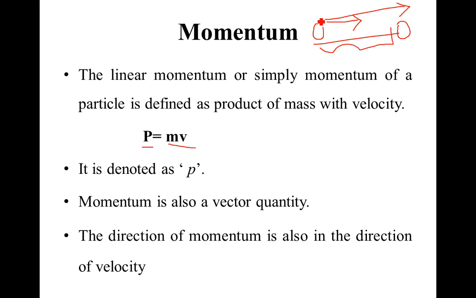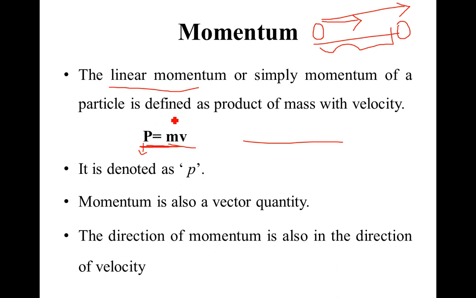So this relation between the mass and the velocity is called momentum. That is simply P is equal to m into v. So what is this P? It is nothing but momentum. If the object moves with some velocity in a straight line, it is called linear momentum. So it is the definition you have been given here, P is for linear momentum. What is the definition? P is equal to m into v.